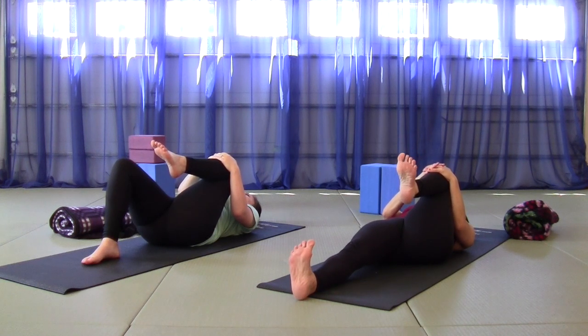We're going to take 5 breaths in this position, again checking in with the head and neck, making sure we have long neck or chin just gently down towards the chest. Breathe 1, 2, 3, 4,